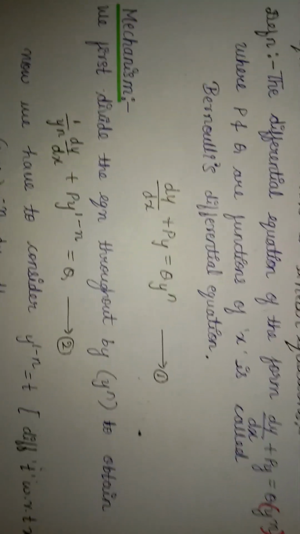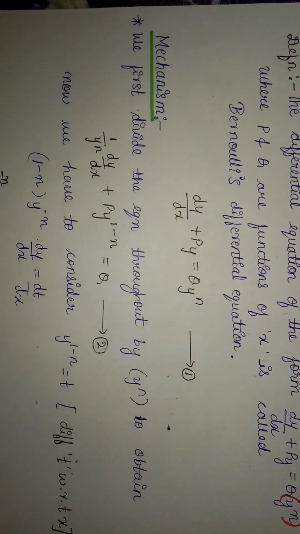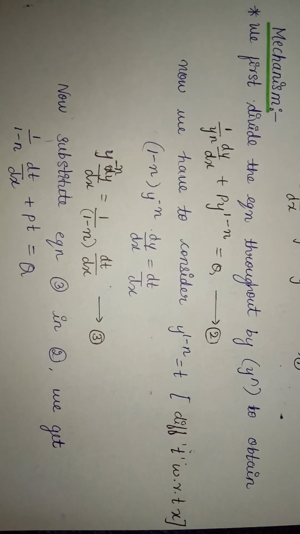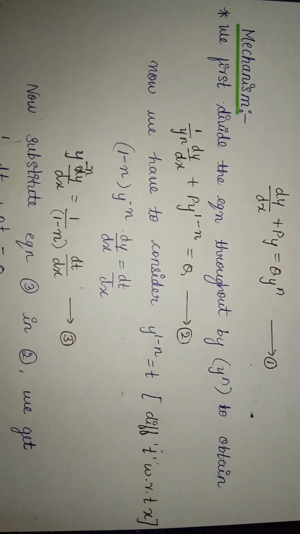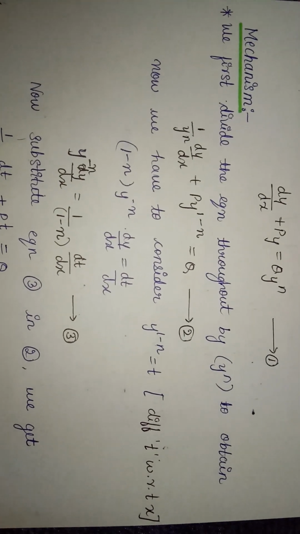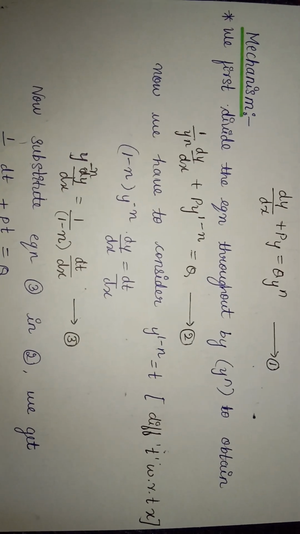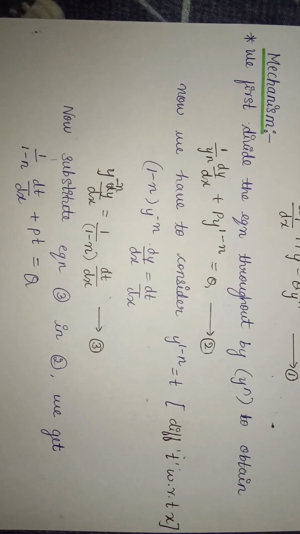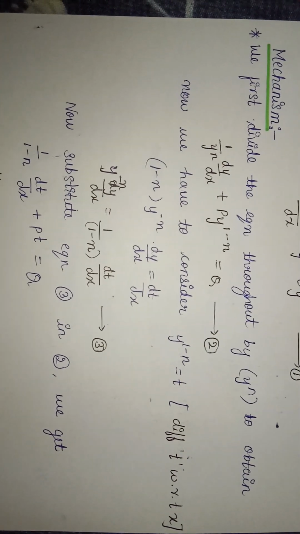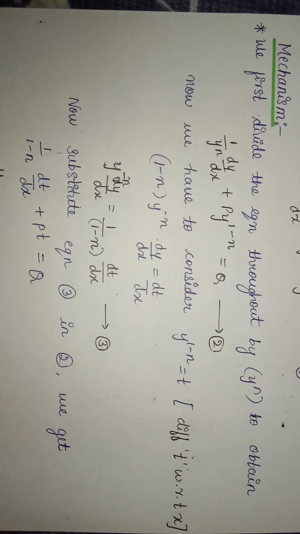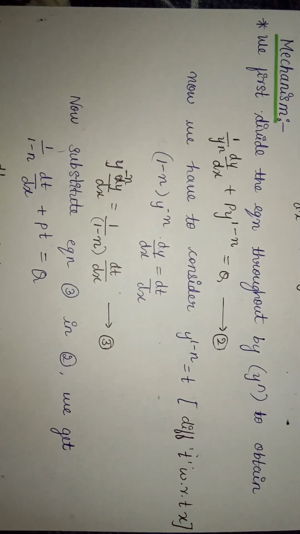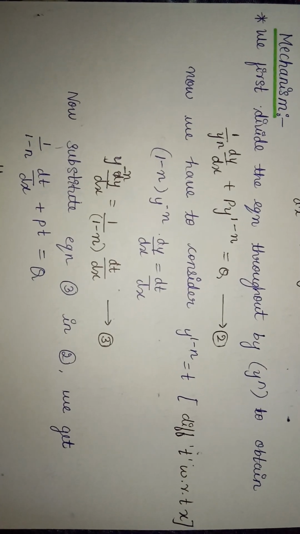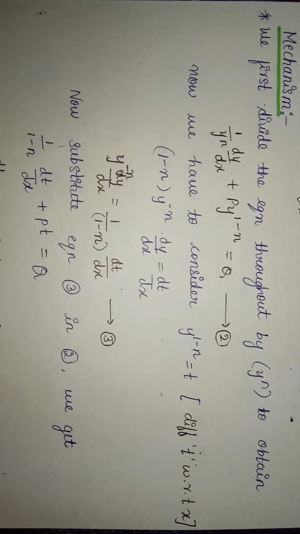So coming to its mechanism, how we can solve this. First we take the equation as equation number 1, which is dy by dx plus py equals q into y to the power of n. After that we divide the whole equation by y to the power of n. Then we get 1 by y to the power of n dy by dx plus py to the power of 1 minus n equals q, which is the second equation,